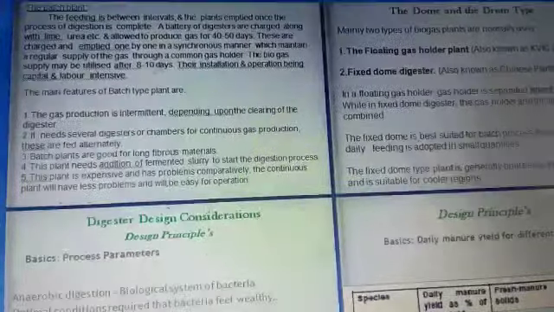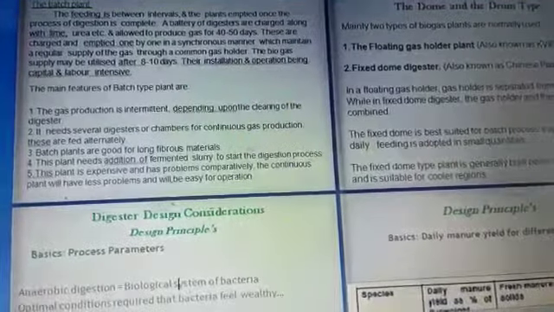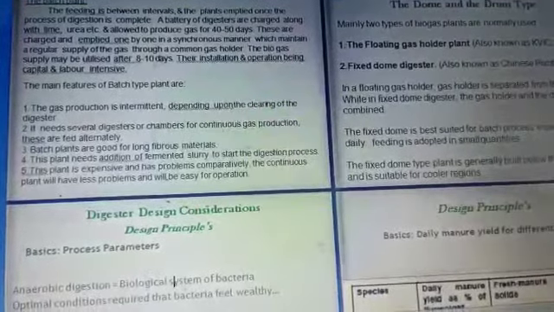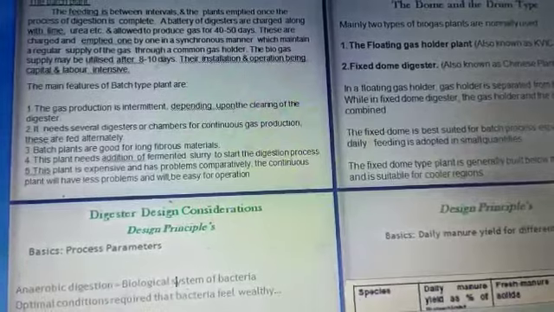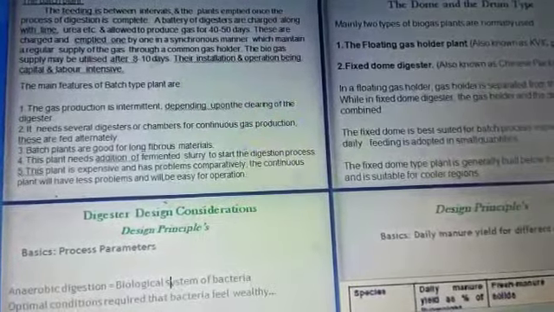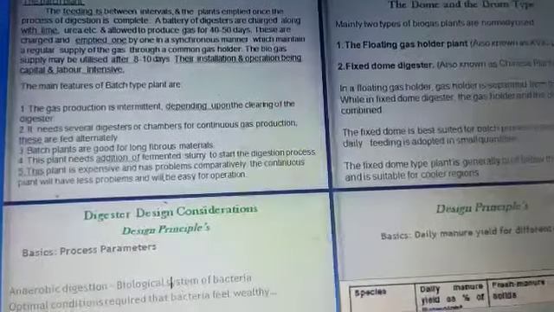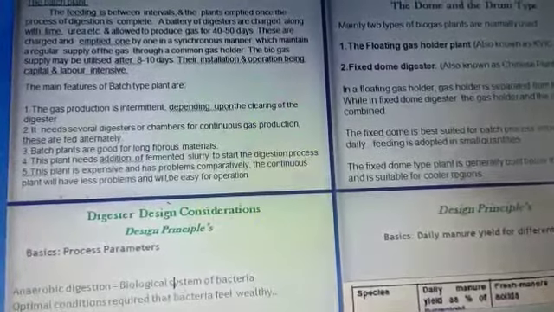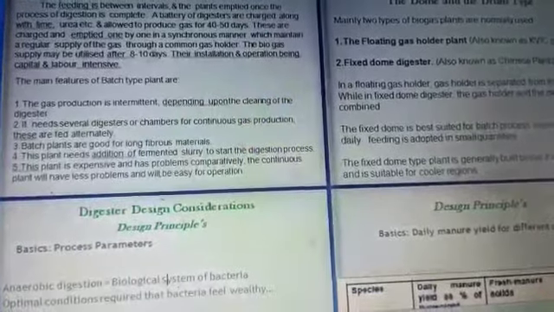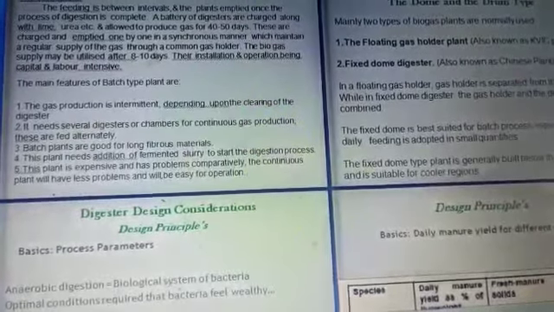Continuation to the topic of biogas plants. Here we are having a few other plants, like the batch plant. In this, you will be releasing the slurry only after the production is completed, or releasing the slurry is like feeding at regular intervals. And once the plant is emptied, only then the digestion is completed.